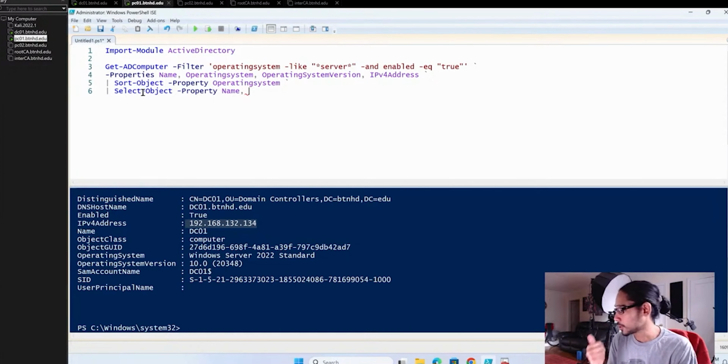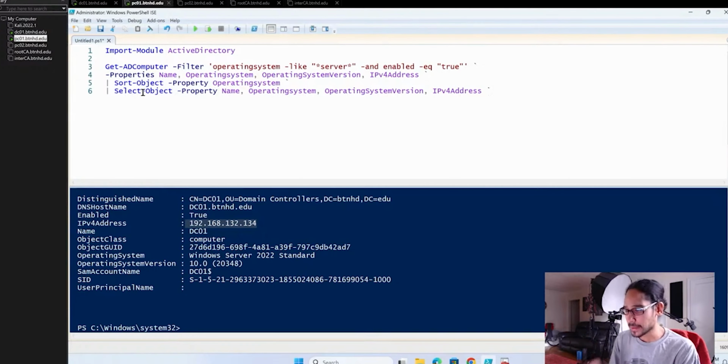So we're going to do Name, OperatingSystem, OperatingSystemVersion, and IPv4Address, space, and I'm going to give it another tick, and I'm actually going to hit enter.